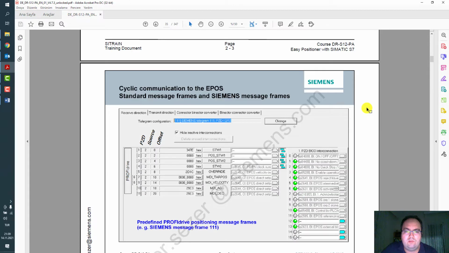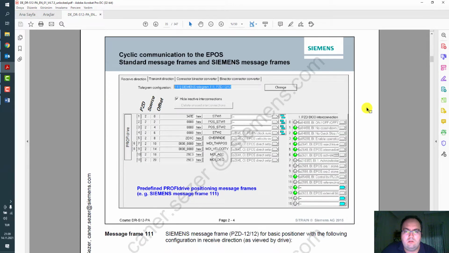Next page. It's a little information on cyclic communication in the receive direction. These are the 12 words, and they come from the STEP 7 CPU to the drive unit.